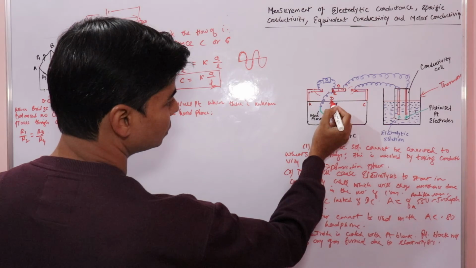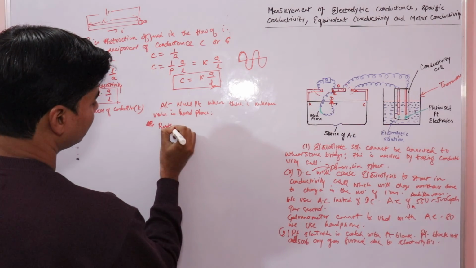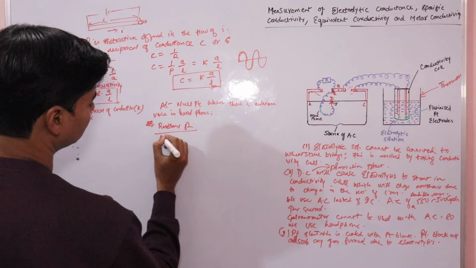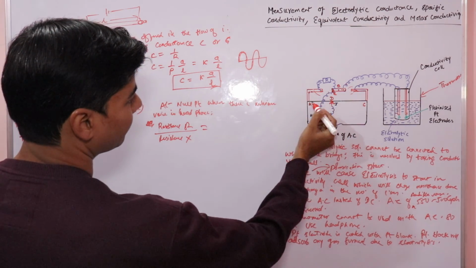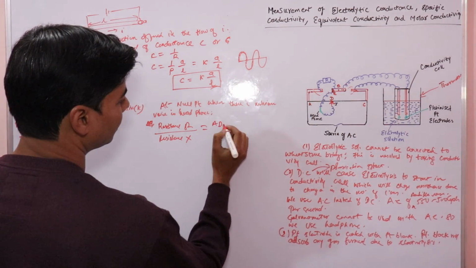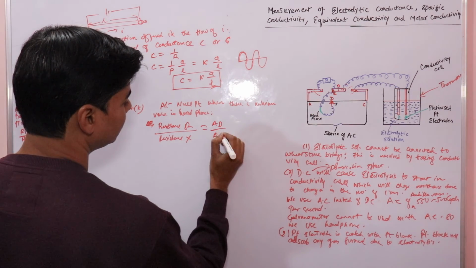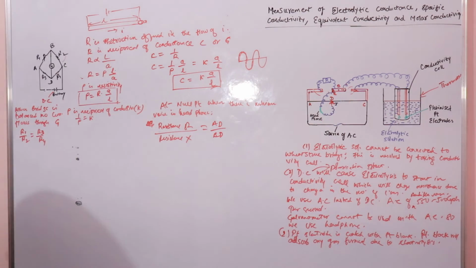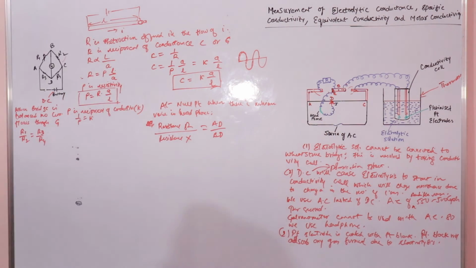Let's say this jockey is at point D, so we write resistance R upon resistance X is equal to AD upon CD, this length upon this length, AD upon CD. So once you know, since you know the